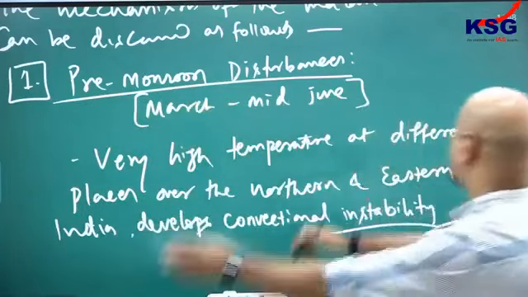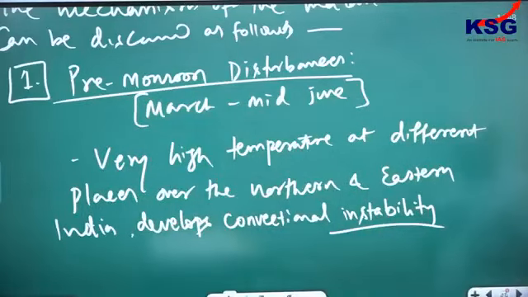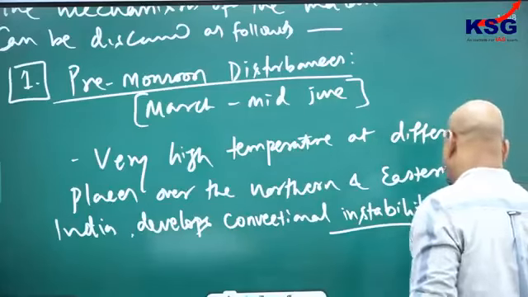Very high temperature at different places over the northern and eastern India develops convectional instability, and